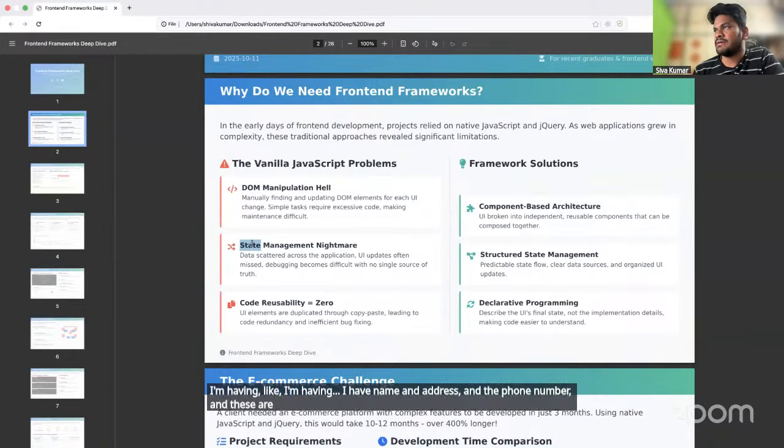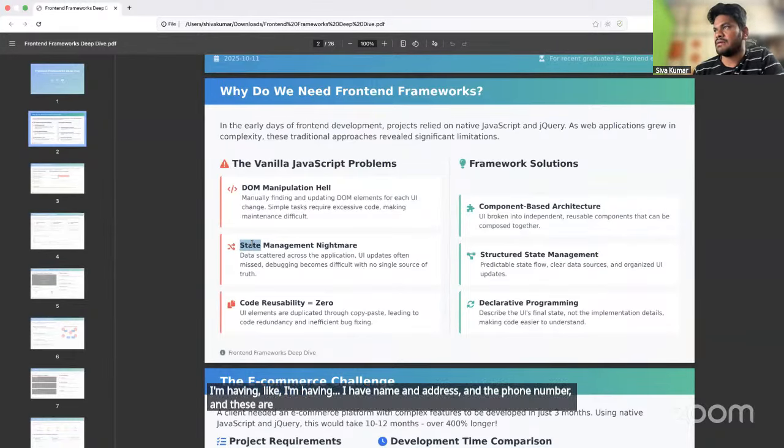But if you are using frameworks or libraries, there is a state management library called Redux Toolkit. This gives us proper management of how to create, update, and delete content, everything seamlessly. This is why Redux Toolkit and Redux were introduced.